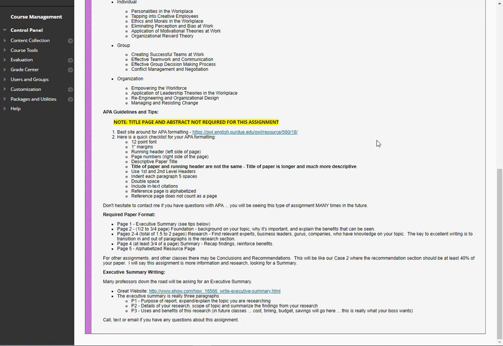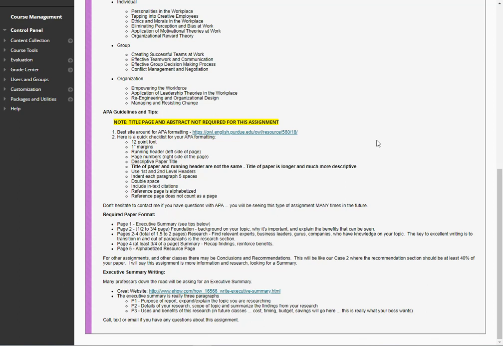Basically, equate this to what I usually call the 5-minute elevator speech if you're an entrepreneur, or think of it as your Shark Tank pitch, which is the other thing that I usually refer to, which is the 5 minutes you get in front of the Shark Tank to pitch your idea. That's what the executive summary is for your paper. You're pitching your idea to me or the other reader, and being able to basically ascertain that we want to read the rest of it.